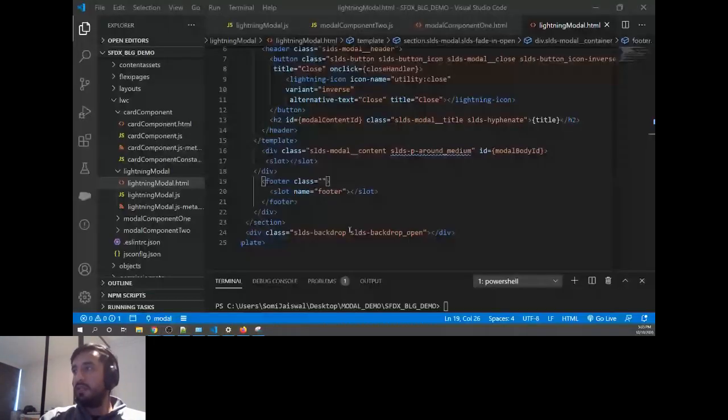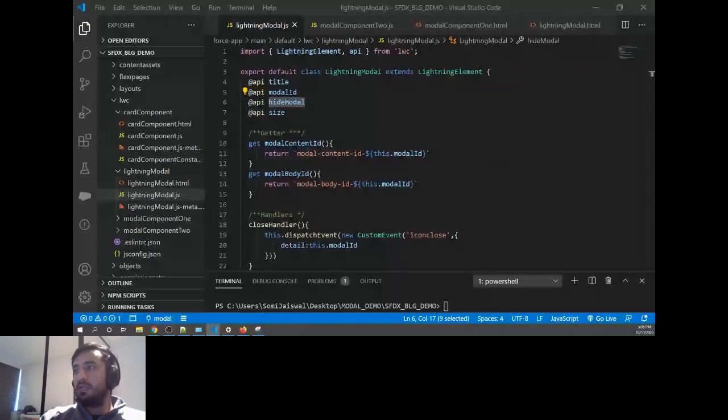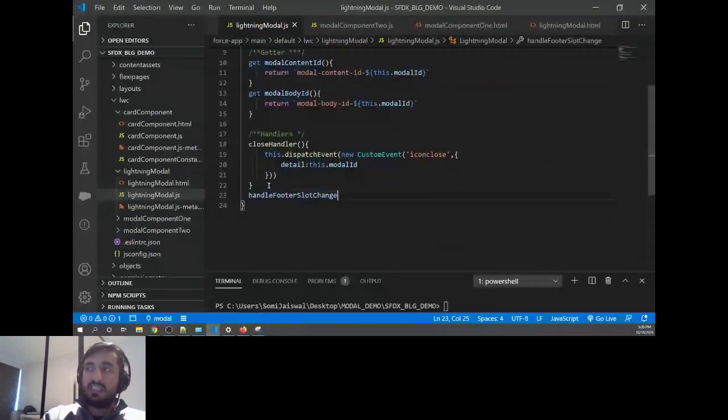So we need to be clever enough to set this class dynamically, and to do that I'm going to use a method given by slot. It means whenever the slot receives something, call this method. So the method is footer slot change that I'm creating. You can totally follow the approach we used here, but I'm showing you another way of handling it. Okay, so don't get confused. So here in the slots, I'll say another method. Whenever the slot receives some data in it, you call this method.